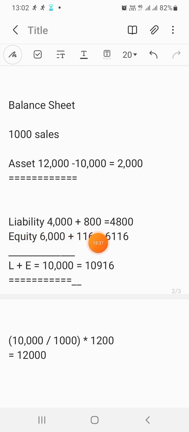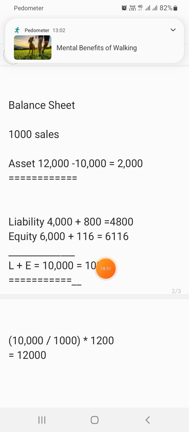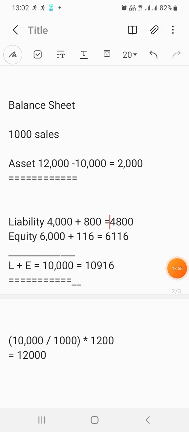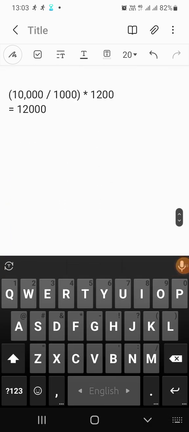সো আমার লায়াবিলিটি যদি 800 বেড়ে যায়, ইকুইটি 116 বাড়বে কেমনে? যতটুকু নেট ইনকাম হবে ভবিষ্যতের তার রিটেনশনের অ্যামাউন্টটা। তাহলে 2,000 টাকা আমার অ্যাসেট বাড়াতে হবে, অথচ 916 টাকা এখনই এমনি বেড়ে যাচ্ছে। সো আলটিমেটলি বাকি কত টাকা থাকে? এই 2,000 টাকা থেকে এই 916 বাদ দেওয়া, অথবা 12,000 টাকা থেকে 10,916 টাকা বাদ দিলে আমার যে অ্যামাউন্টটা থাকে সেটাই হচ্ছে এক্সটার্নাল ফাইন্যান্স নিডেড, EFN।